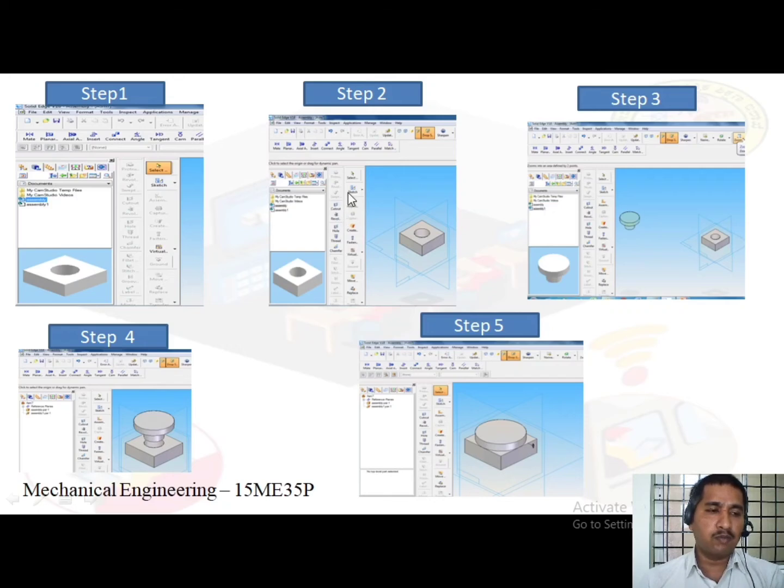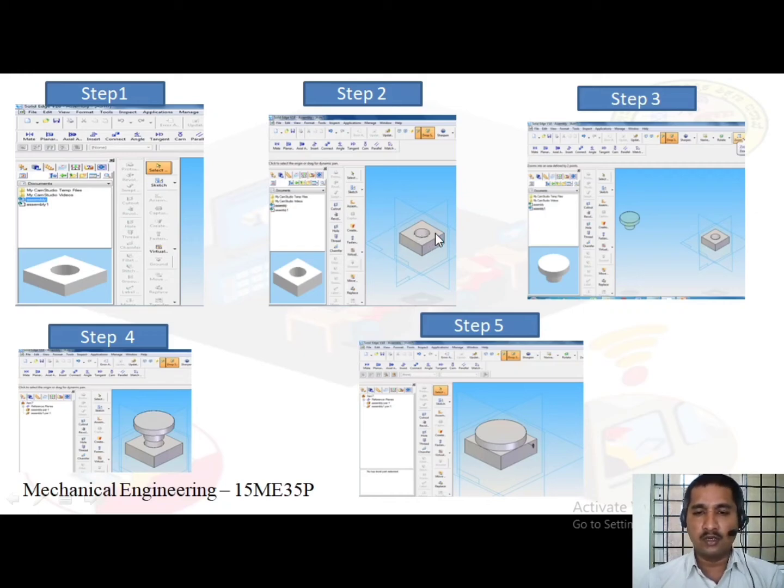Step 2, here it is showing the part models. Double click on the base model, which is the base. Once you click the button, our base model is inserted into the assembly environment.